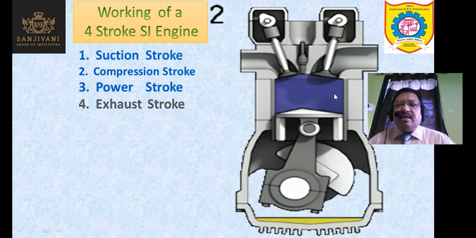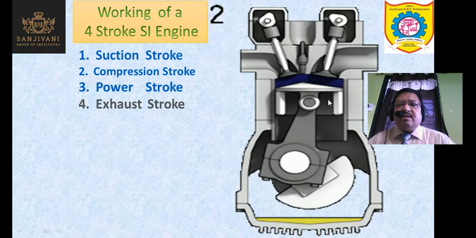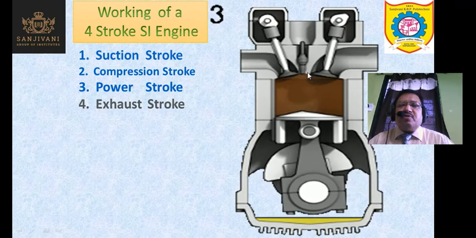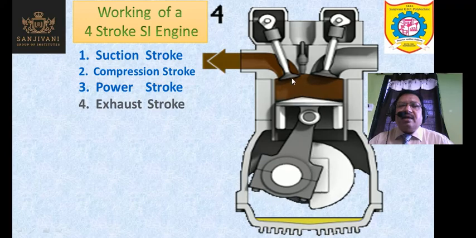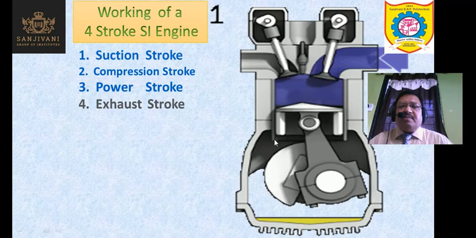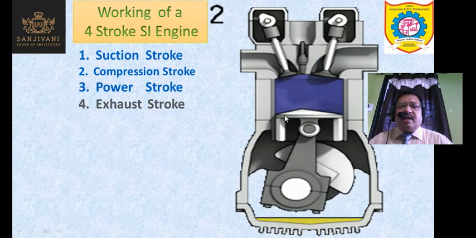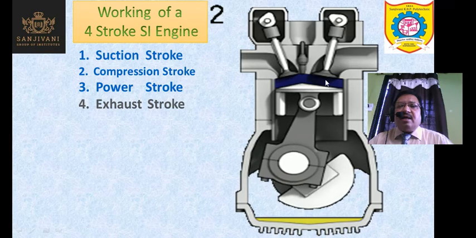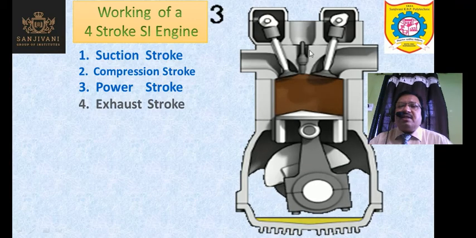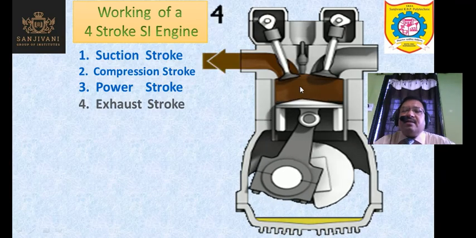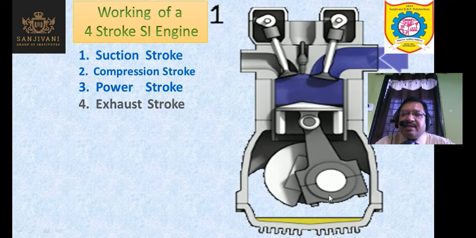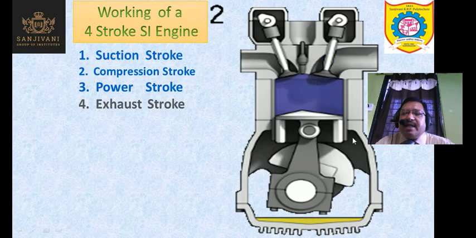So you can see here that this was the compression stroke, then the spark is produced. This is the power stroke. During power stroke, piston moves from top dead center to bottom dead center. This is the top dead center position of the piston, and this is the bottom dead center position of the piston. In case of horizontal engine, this extreme position towards the cylinder head is called as the inner dead center, and this extreme position of the piston towards the crankcase or the crankshaft is called as outer dead center.